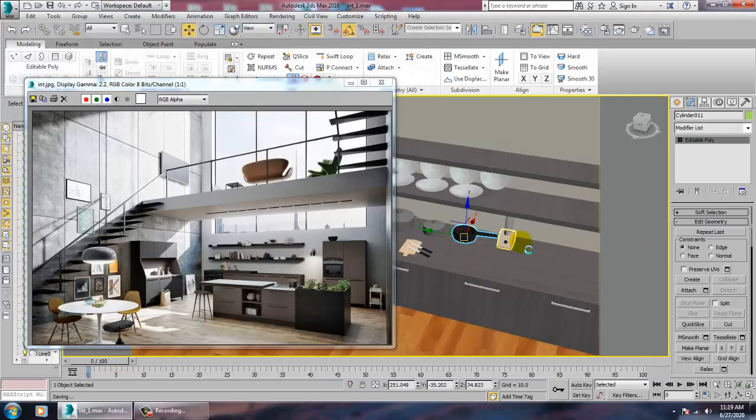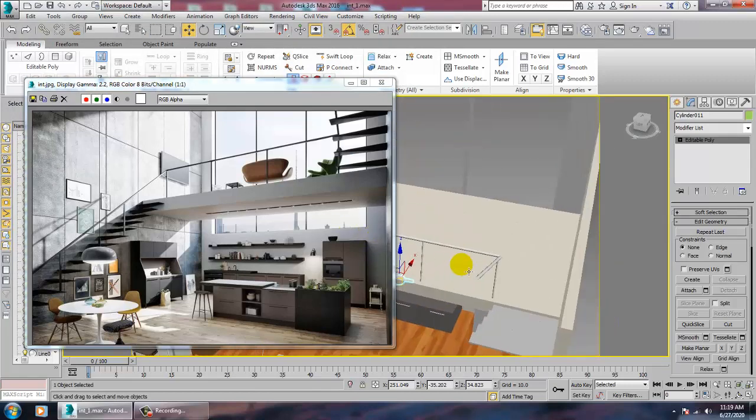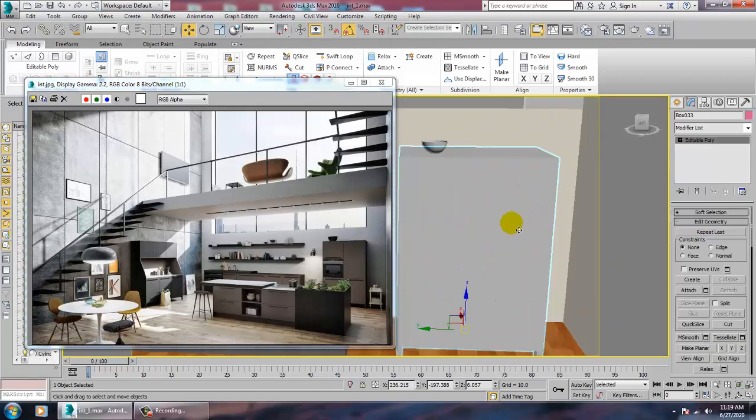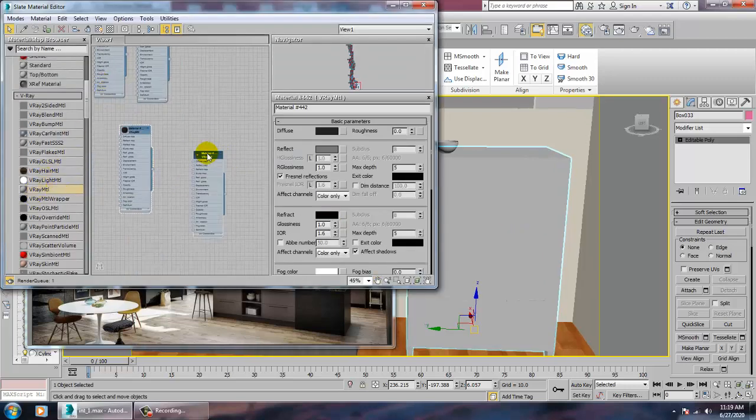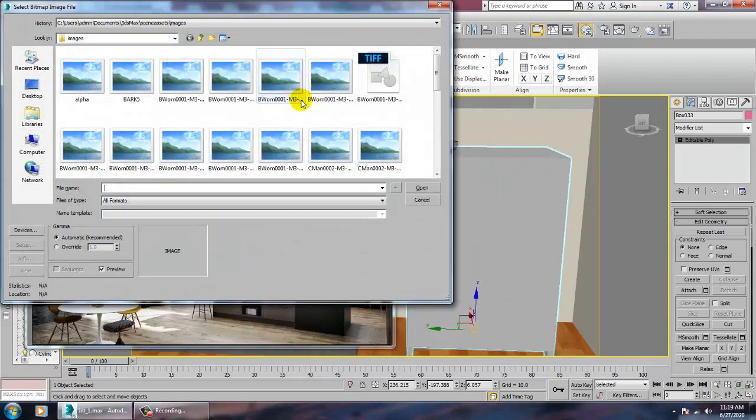So let's keep on saving the files over here. Now select this again, and let's give a bit of wooden texture over here. If you want to go with a wooden one, you can just go with a wooden texture.